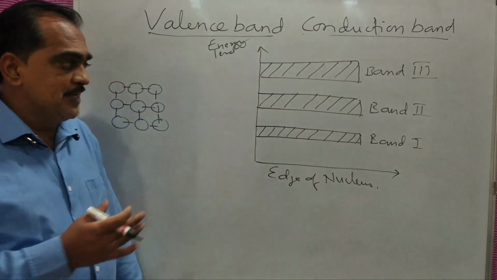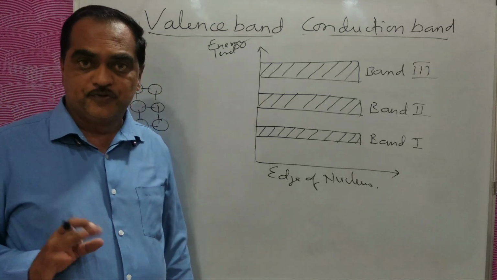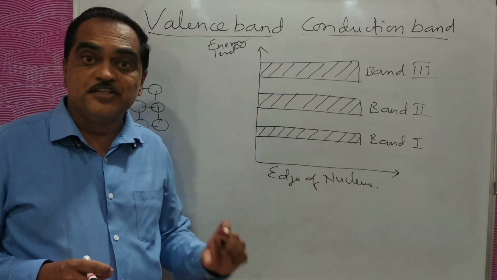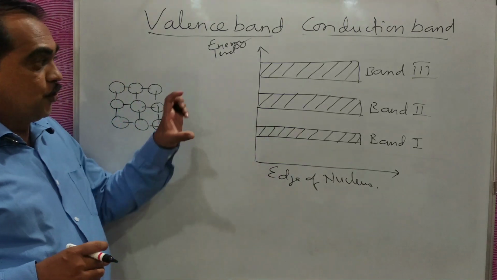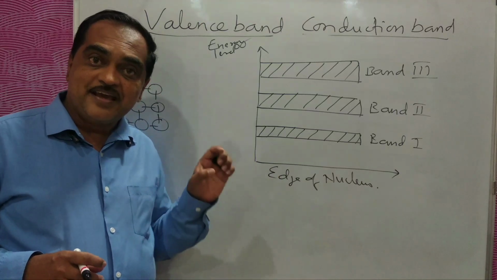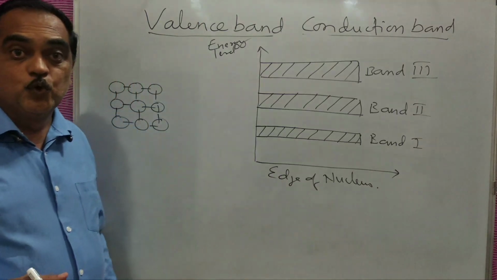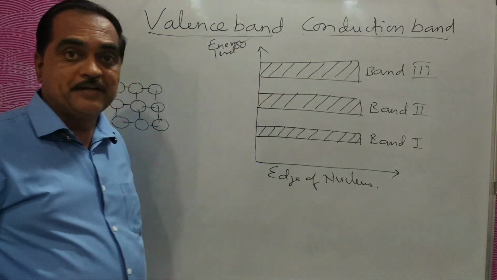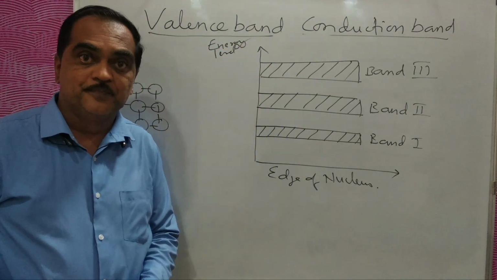Okay, and all these bands will be with their respective electrons. Okay, now this is what we say, what are bands, energy bands. Okay, now once we understand what is energy level and energy band, then we can go to see what we actually mean by valence band and conduction band, the main topic of today.